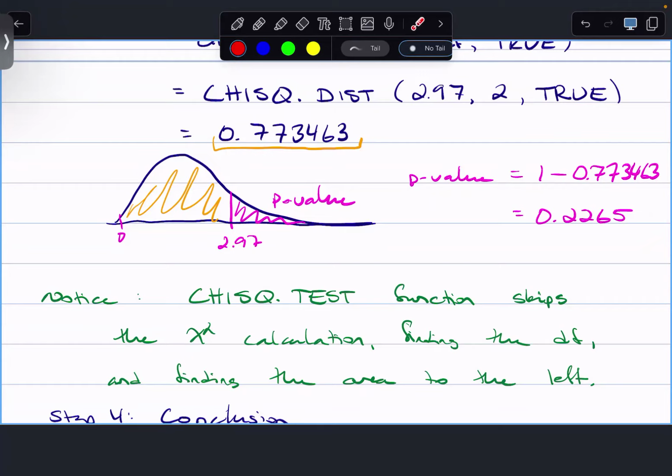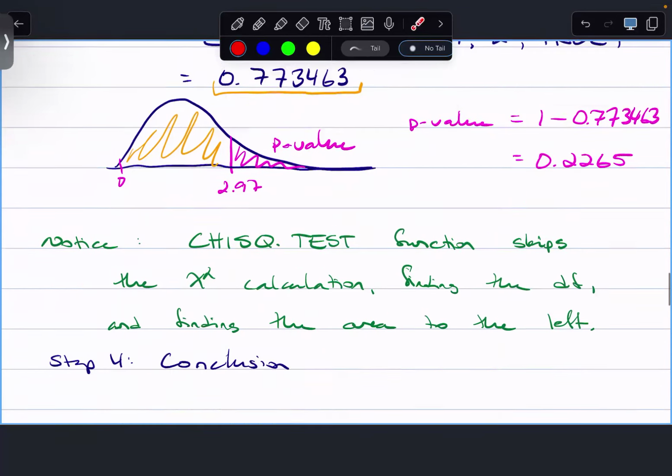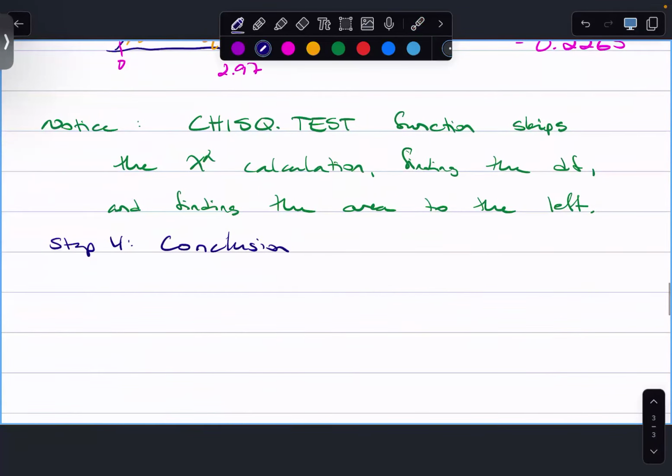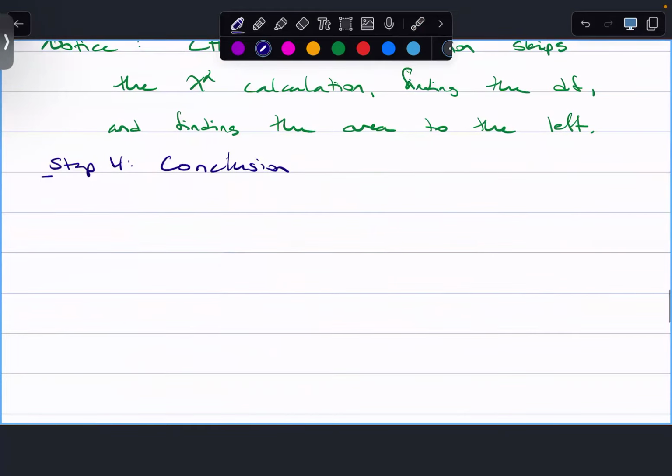There's a chance that we're wrong, and we talked about decision errors. So there's a chance that I'm making a type 1 error, but I am relying on these probabilities. There's always a chance that we're wrong, but we go based on the probabilities. And so here, I'll write down again, the p-value